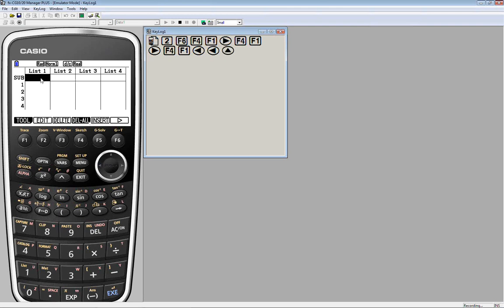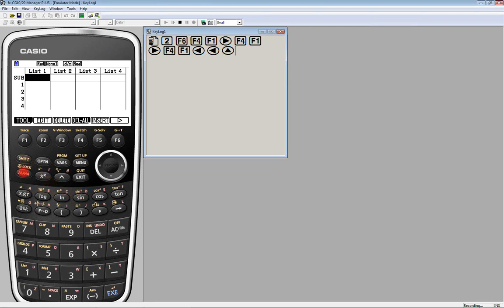Up here is a space. This is totally optional. It gives you an opportunity to put a label in your list if you wish. If you were going to do that, can I draw your attention to the red alpha key? Once you've pressed alpha, you just pick the appropriate letter to put your label in there.